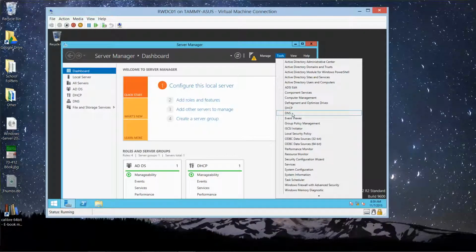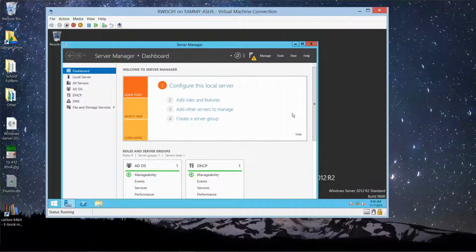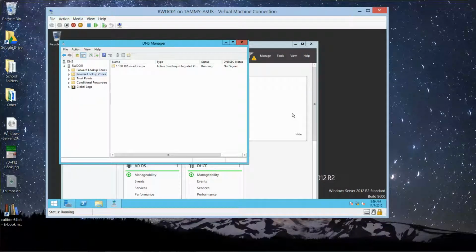Keep in mind we had already installed the DNS during the setup, so it's already been installed. And we are going to expand the RWDC01, which it already is, and expand the forward lookup zones. And then we're going to click contoso.com